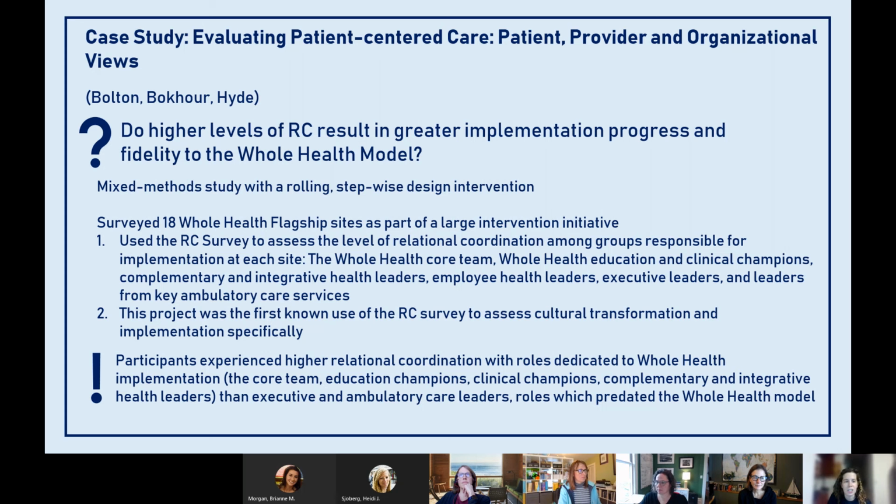So they wanted to look at how levels of RC might result in the implementation process, and in what roles RC might be higher. How might this factor into the whole health model? This was also the first known use of the RC survey to assess cultural transformation and implementation specifically,